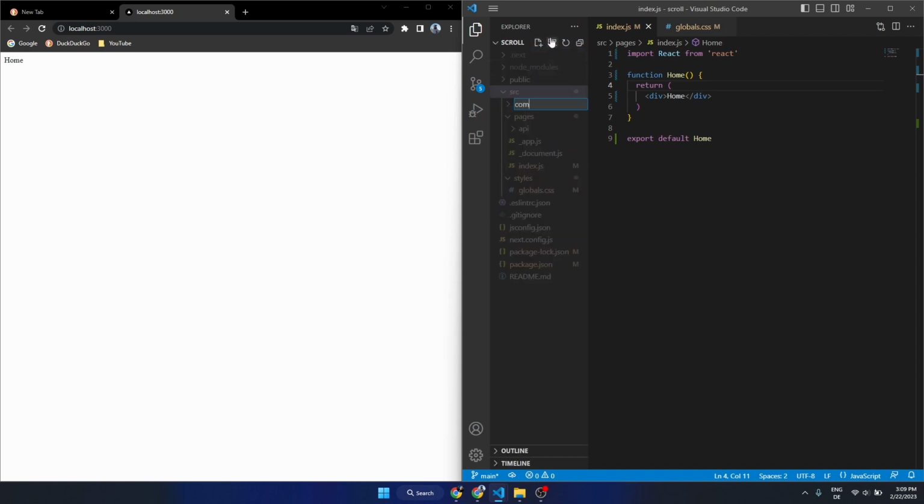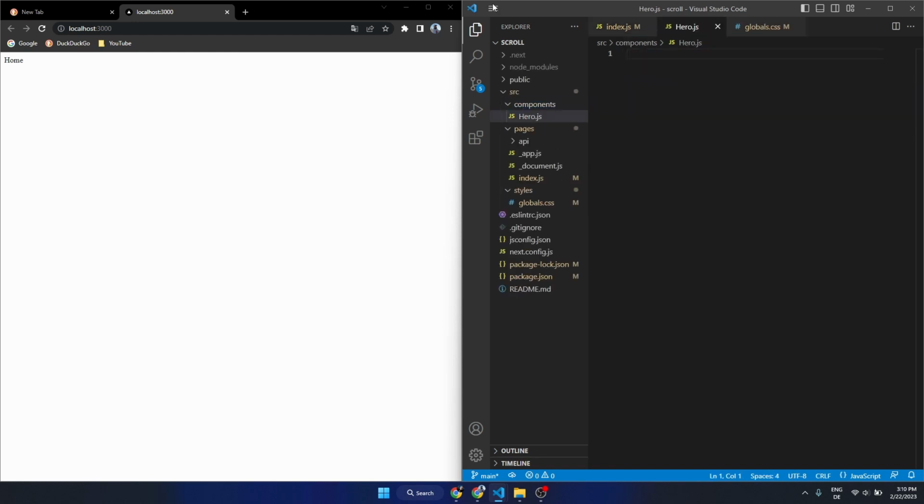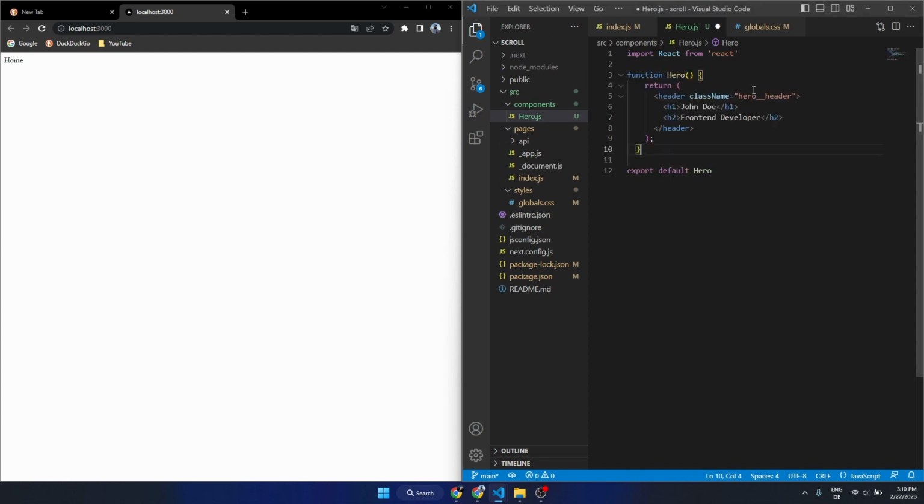a components folder, components, maybe it's better, and we are going to create our hero.js component. And as you can see, this component is really simple and straightforward. Just have a header, an h1 and h2. Of course you can put all the stuff that you want, just for the sake of this tutorial is really